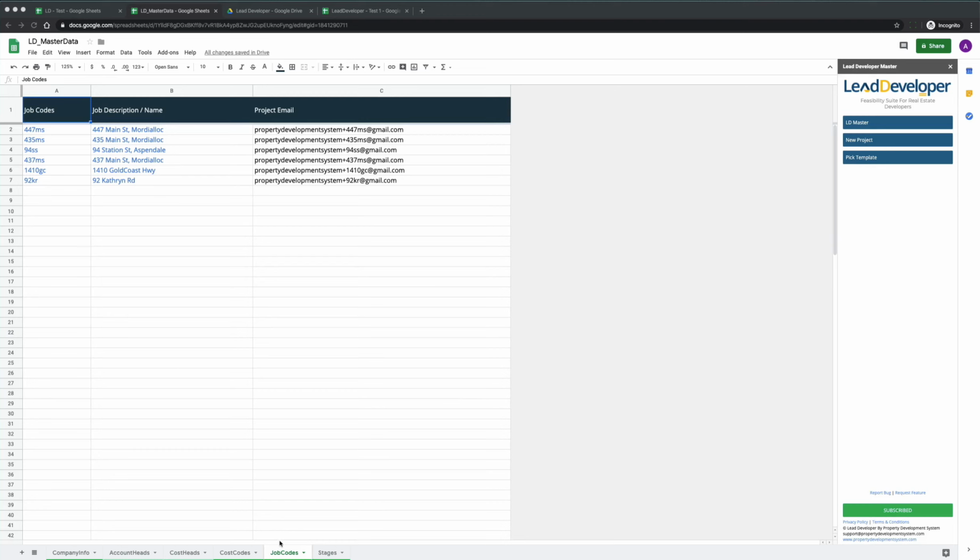Okay, under your job codes, what I tend to do is use my master sheet, and anytime I'm doing a new development, I add the codes over there. Now, some of the developments were already done and dusted prior to my creating Lead Developer, because at the time I was doing a lot of Google Sheets, not spreadsheets. I don't want to say that because I never use